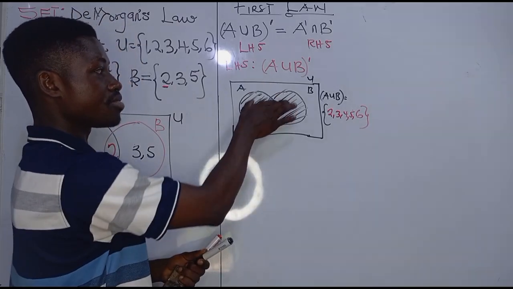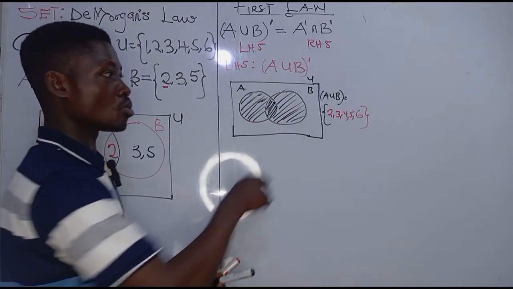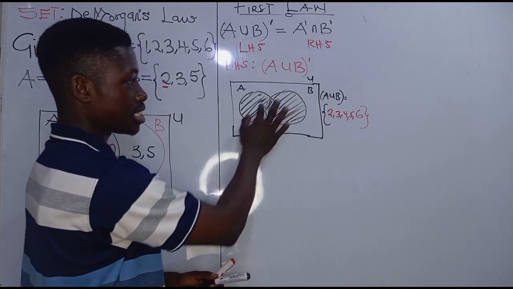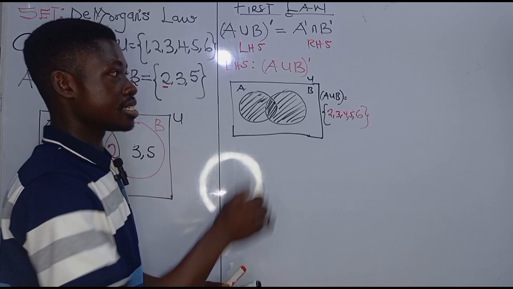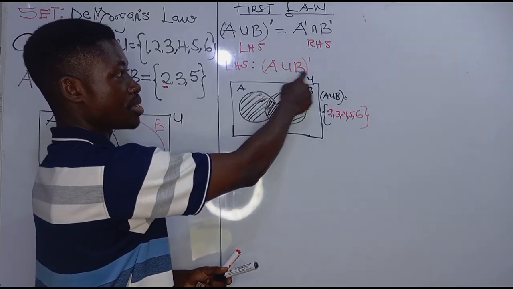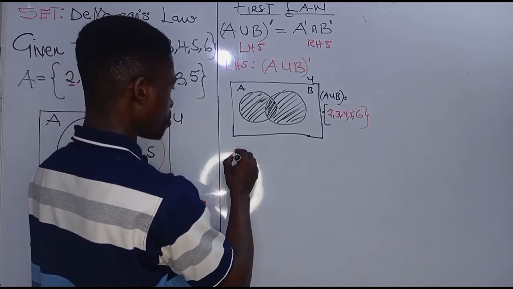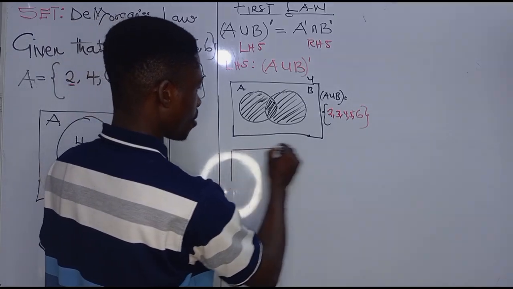So all the shaded region within the Venn diagram represents what? A union B. So that's the shaded region for A union B. Now that we have been able to find A union B, we can find what? A union B complement. So that one, we are also going to draw our Venn diagram,